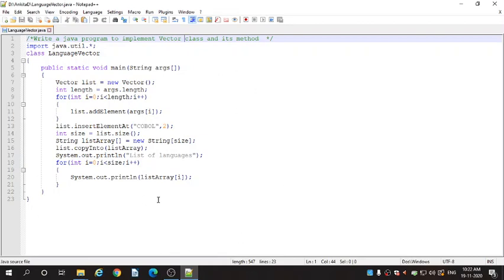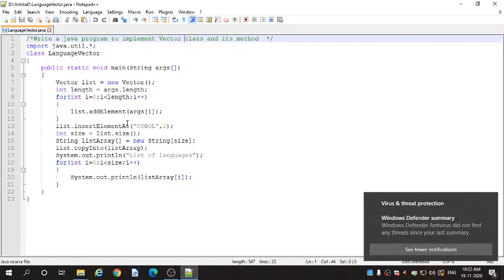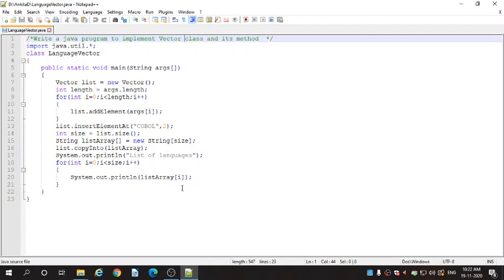In this program, we have to pass command line arguments. So suppose I will pass 4 arguments, so the length of the arguments is 4. What is a command line argument? The command line argument is the argument which we pass at runtime, or while executing our program.